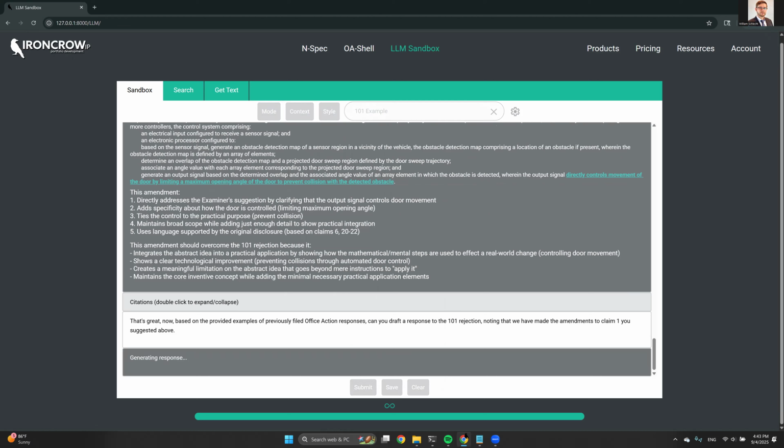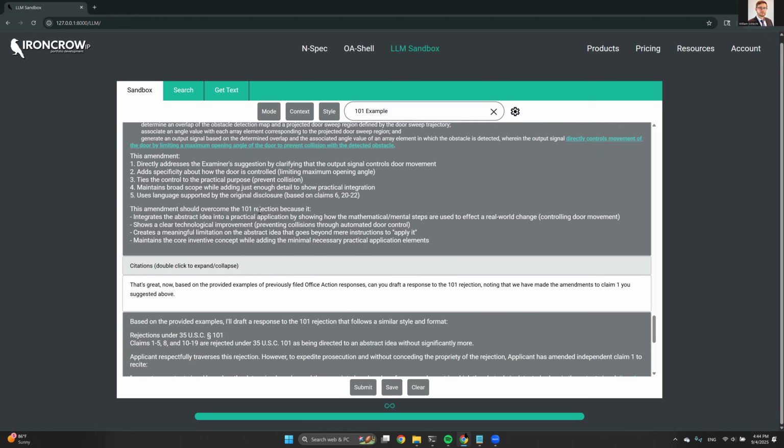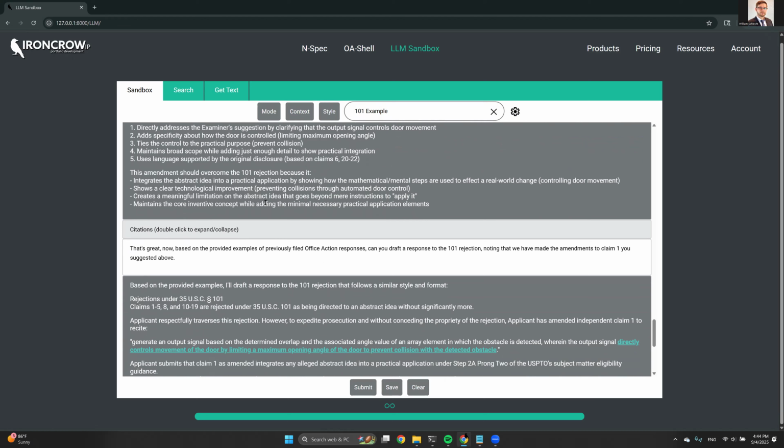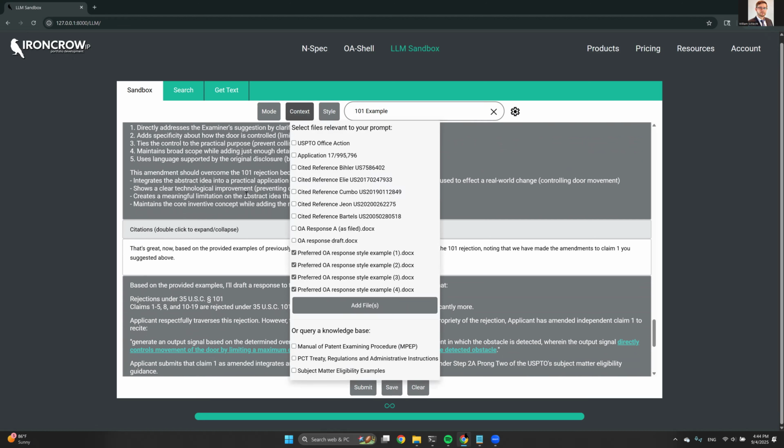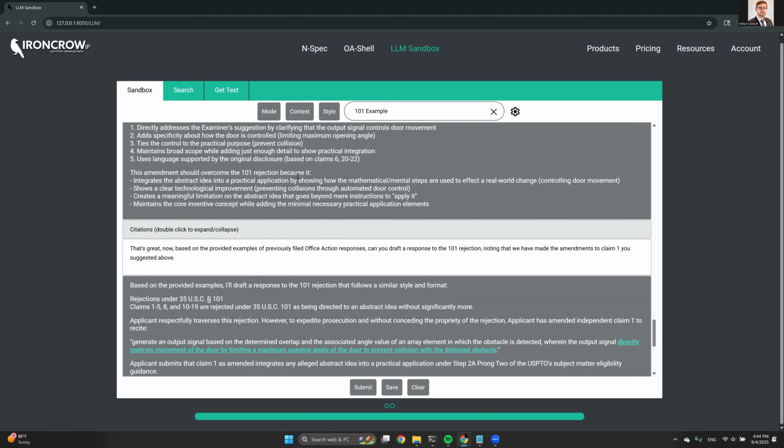So this approach, as you can see, is very back and forth. This is one style of how to respond to a 101 rejection. You can do things a bit faster, a bit different. But I think that this back and forth, this step-by-step evaluation of different pieces of information is helpful because it not only helps the tool to access the relevant pieces of information and build this chat history of really salient pieces of information, and also potential strategy recommendations,